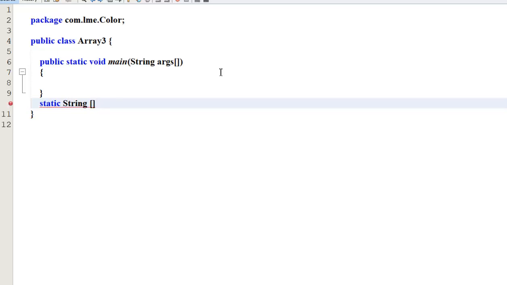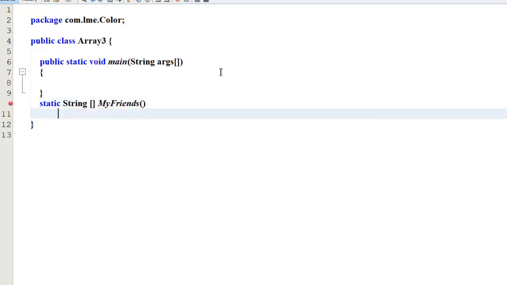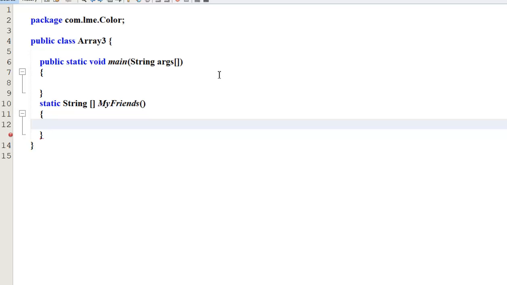String array, the function name is friend list, my friends. This is my method, and what do I want to return? Return new string square bracket, then some values.